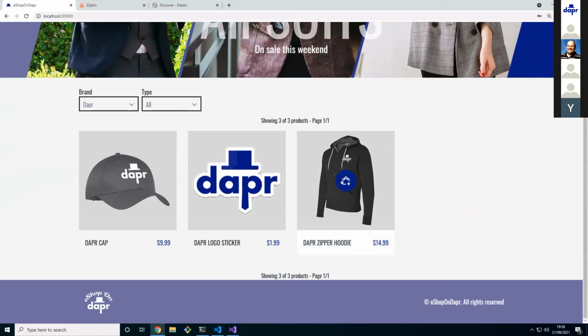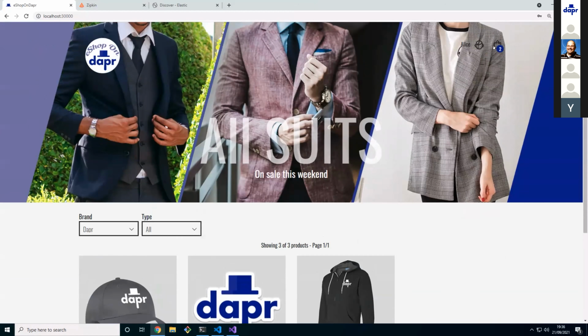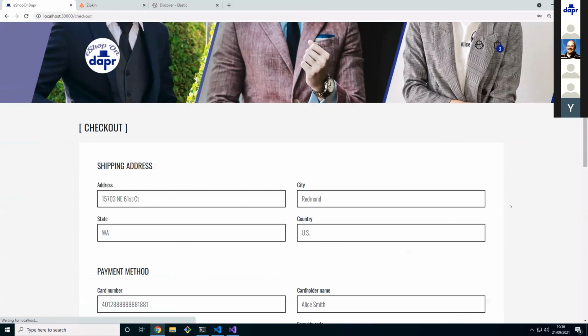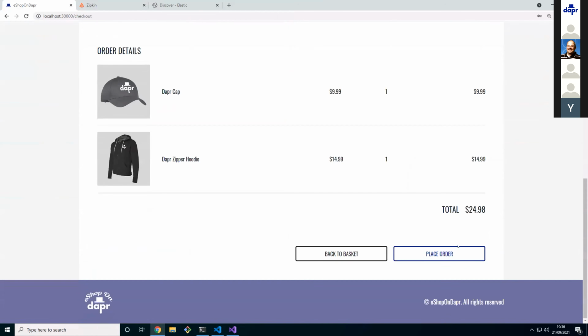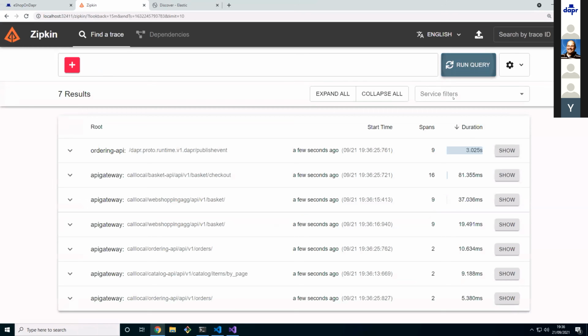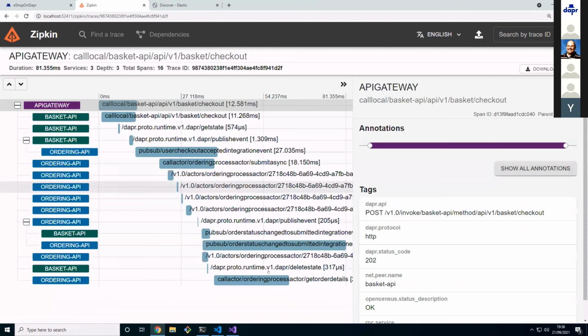Let's get a cap, maybe a hoodie. So now I've got 2 items in my basket, and if I click on that, we can quickly go through the checkout process, place my order. So now I've placed that order, and I can go into Zipkin to view all the distributed traces of this little process. So you can see that I've got a checkout process here, and if I click into the details, you can see all the calls made between the services and also between the